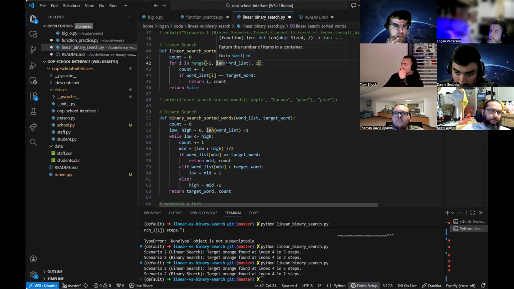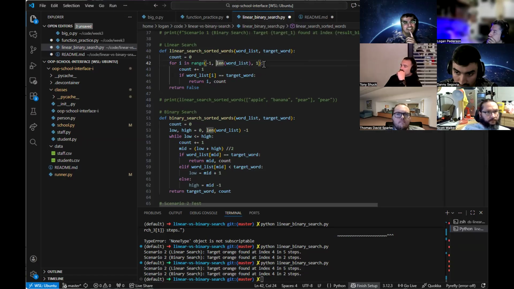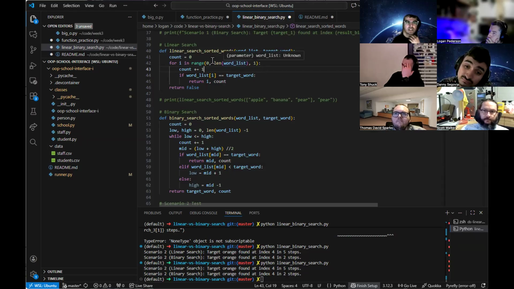So this would be 0 then? No, start would be the stop, length, step. I was gonna say, would the length of the word be in the beginning? Yeah, let's start at the end of the word. Like putting the length of the word list on the start. Yeah, length of the word list, comma, -1, -1. The last 2 are -1.